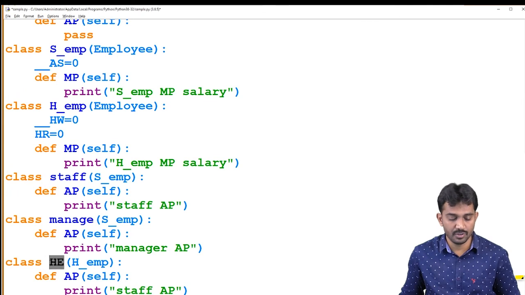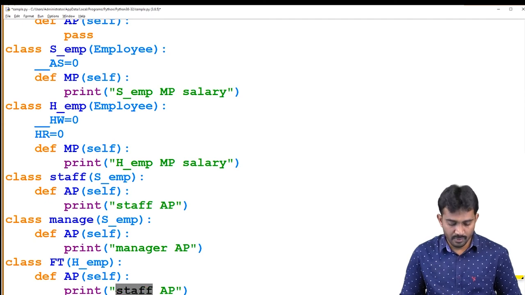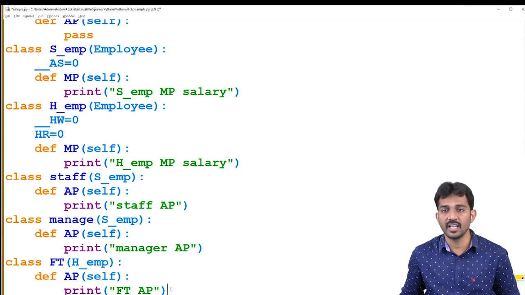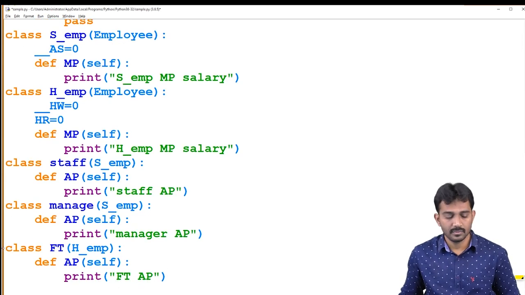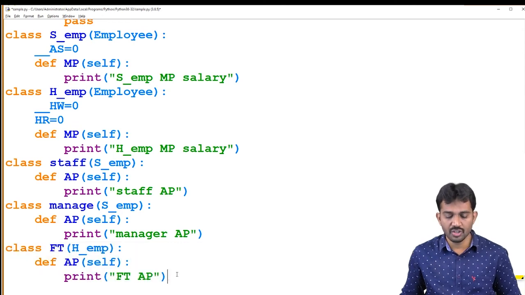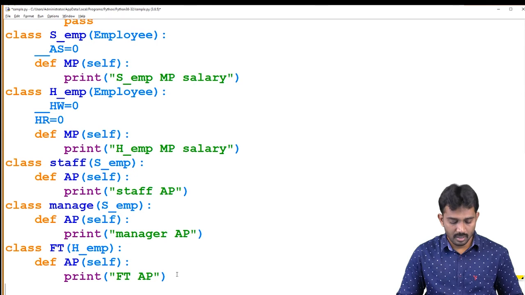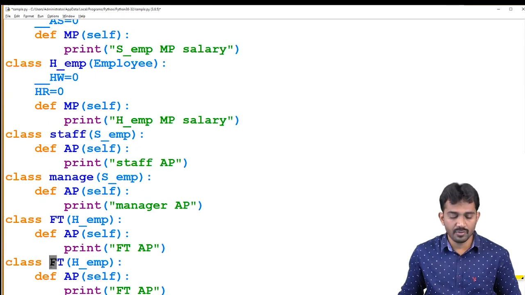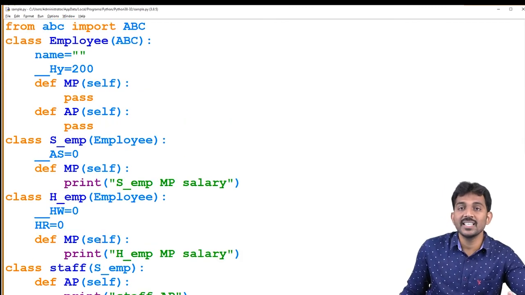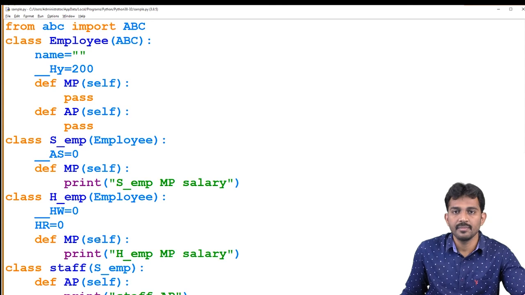Sorry, here you need to use full-time, right? It is a full-time employee and full-time employee annual salary. Based on the situation, we're going to implement all these kinds of structure. See, this is the entire code for the given diagram.